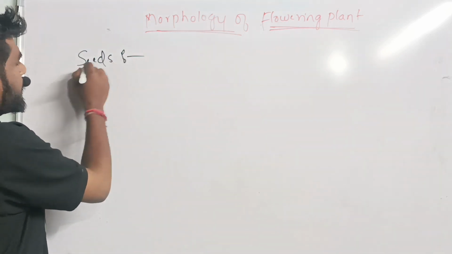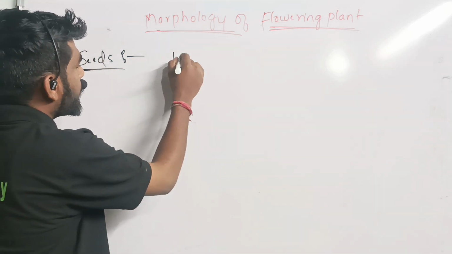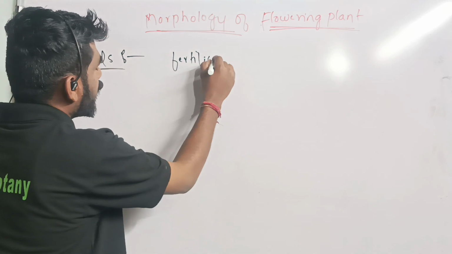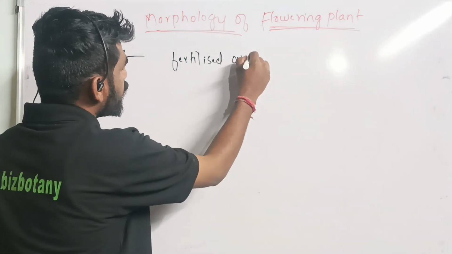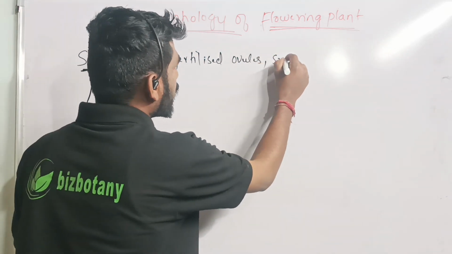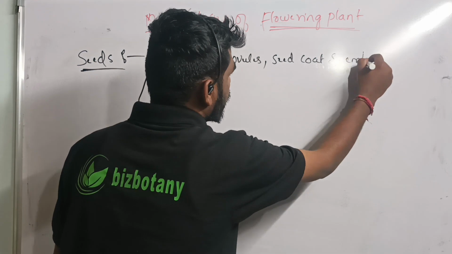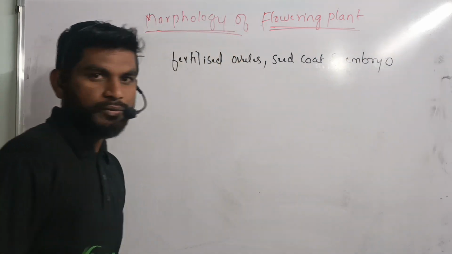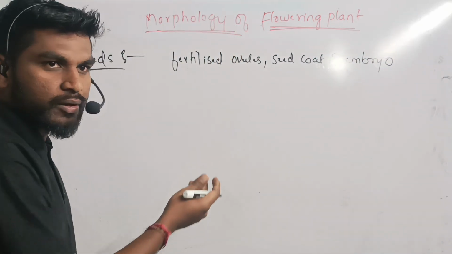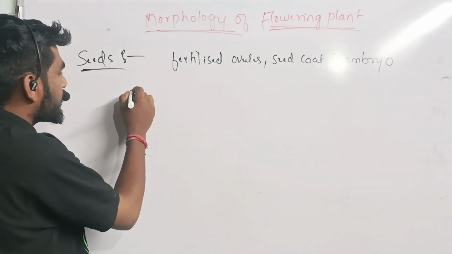Today we will study seeds. Then what are seeds? Seeds are the fertilized ovules. They are fertilized ovules which consist of a seed coat and embryo. Seed coat is nothing but the outer covering of a seed, and embryo consists of